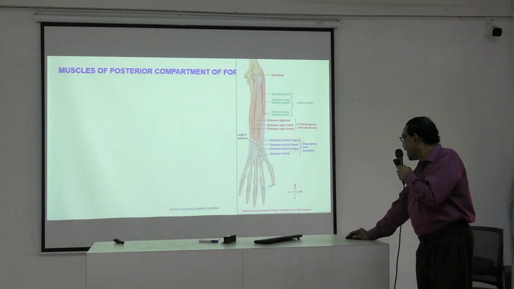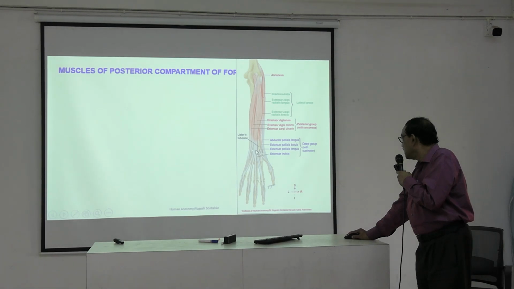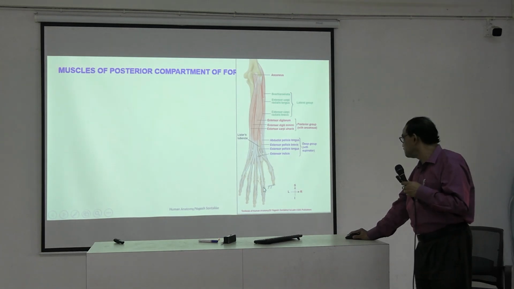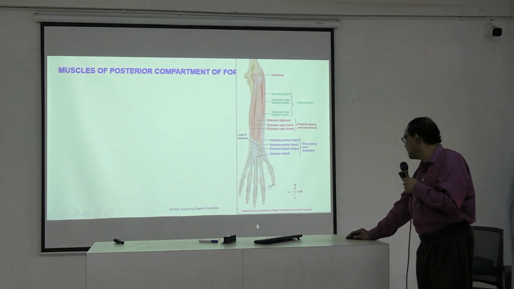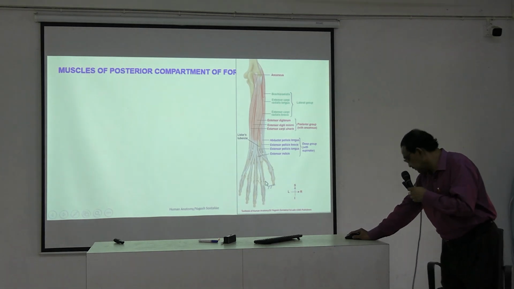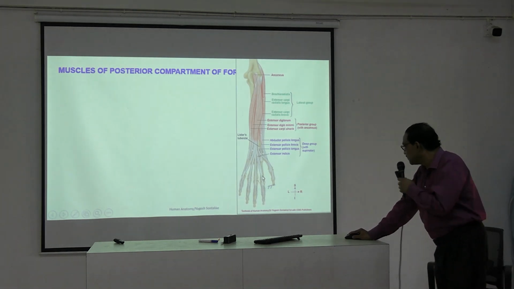And the peculiarity we can see, this tendon, when it is crossing the proximal phalanx, this is proximal, this is middle, and this is the distal. When this tendon is crossing the proximal phalanx, at the base of the proximal phalanx,